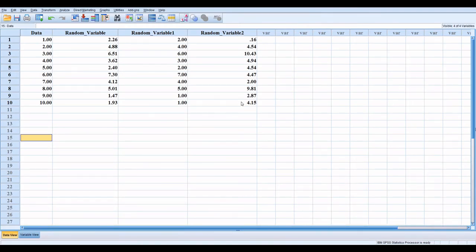Here are the random variables with normal distribution and these are the random variables with uniform distribution. And you have lot of options like random variables of Cauchy distribution, Poisson distribution. You can calculate according to your choice. If you want to convert these numbers in whole numbers, use similar procedure as we done with the uniform distribution.